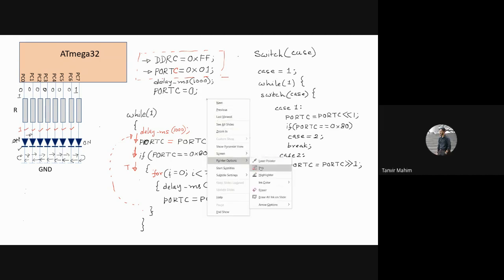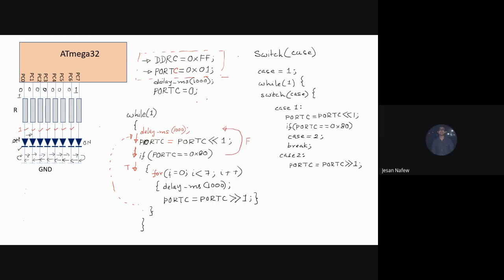কেস 1 এর ভিতরেই আমরা কেস 2 কে It's just calling the case number 2. So we are using two values for this case. One is case 1, another is case 2. Case 2 for, let's say, shifting